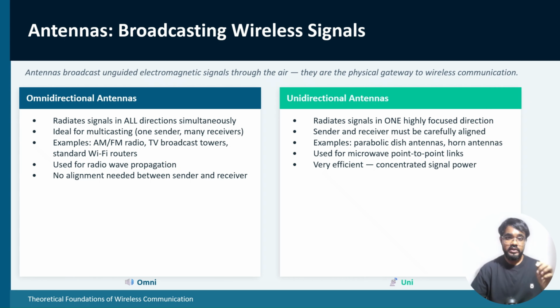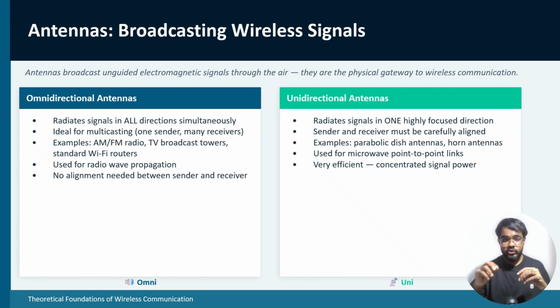Of course, none of this wireless transmission is possible without the physical hardware: antennas. Antennas broadcast unguided electromagnetic signals through the air. Antennas generally fall into two categories based on how they radiate signals. First, omnidirectional antennas. These antennas send out signals in all directions simultaneously. They are typically used for radio waves and are ideal for multicasting applications where there is one sender but many receivers,